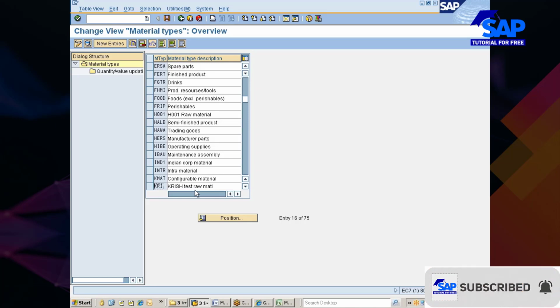And then you have something called KMAT, configurable material. What do you mean by configurable material? Anything which is not standard, you have to configure it. Let me choose an example: silver metallic grey color, say on a Honda Civic car.